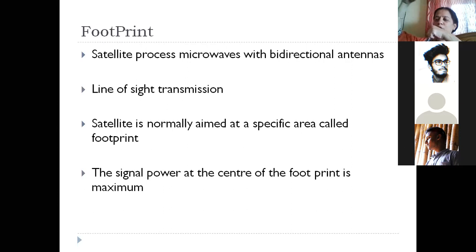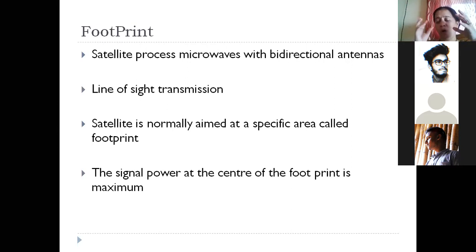It is trying to focus on one part of the Earth. For example, if the satellite is here, it is focusing on this area of the Earth. So this area that it covers by staying at this point, suppose it is here. Suppose the satellite has come here, it is able to focus on this area. Or suppose the satellite has come here, it is able to focus on this area. I hope you're understanding. Wherever the satellite is, if it is orbiting like this, if it is here, we are able to focus on this area of the Earth.